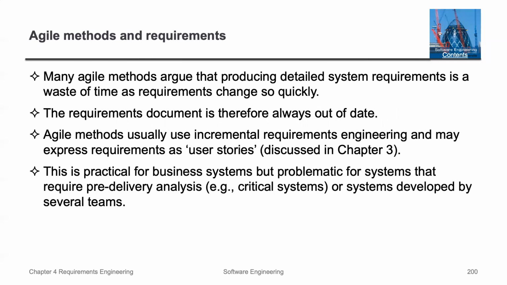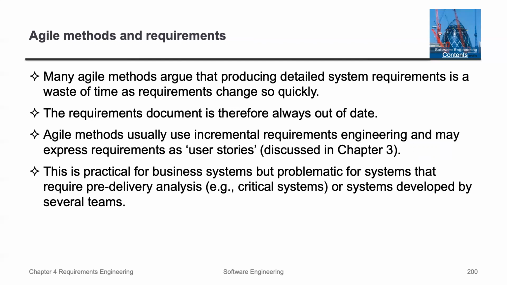So how do agile methods correlate with requirements? Many agile methods argue that producing detailed system requirements is a waste of time as requirements change so quickly. The requirements document is therefore always out of date. Agile methods usually use incremental requirements engineering and may express requirements as user stories. This is practical for business systems, but problematic for systems that require pre-delivery analysis, that is, critical systems or systems